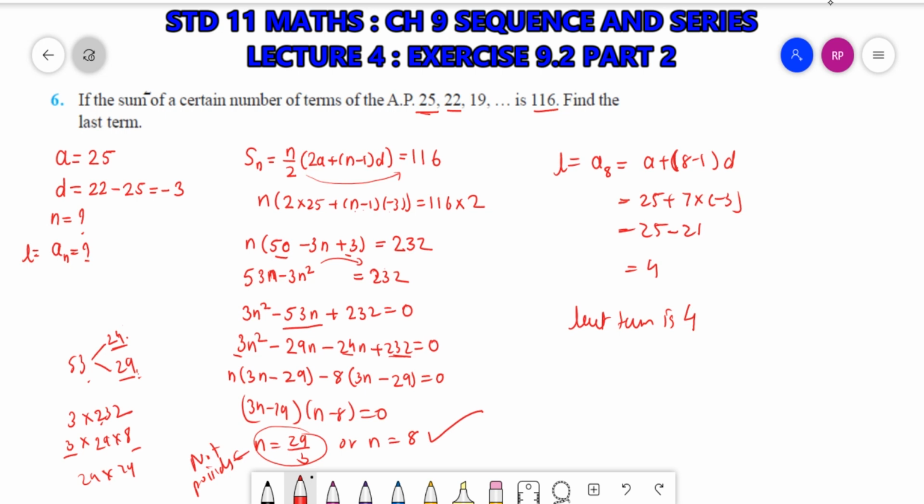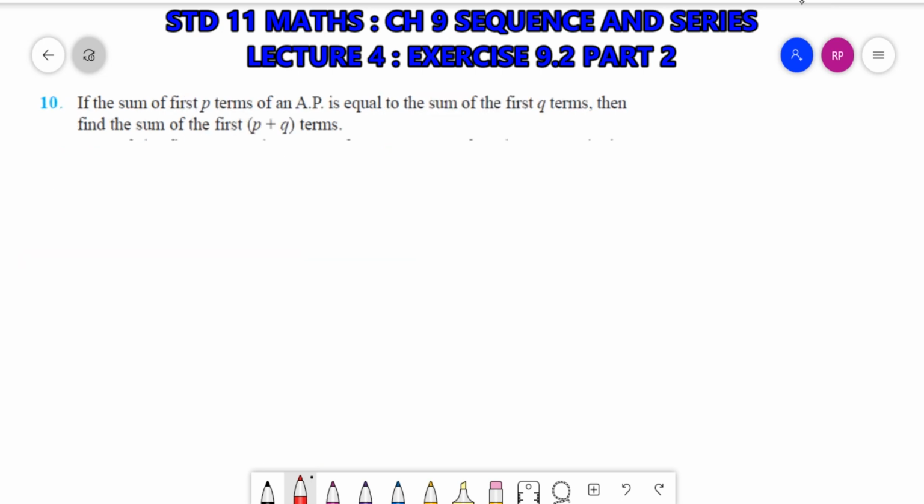Okay. Now let's move to the next question. Question number 10. If the sum of first p terms of an AP is equal to the sum of first q terms, then find the sum of first p plus q terms. Okay, so see here it is given that sum of first p terms equal to sum of first